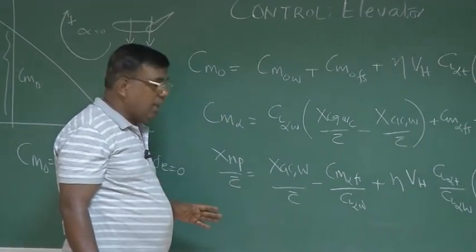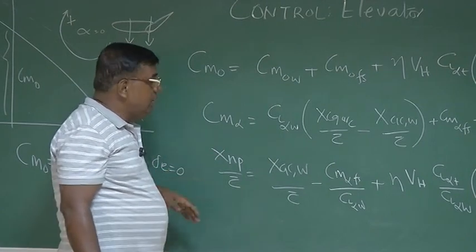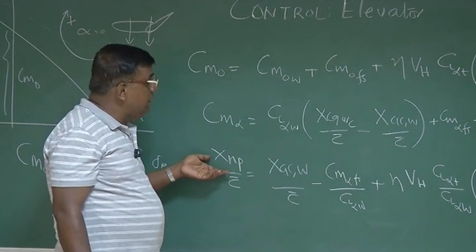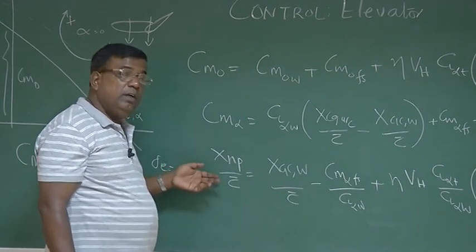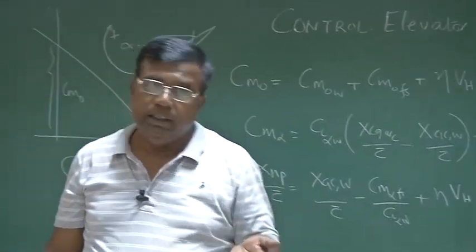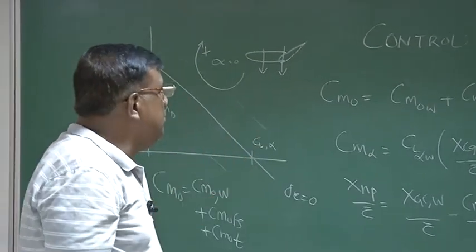my CG, or I can take CG backward. At that point, the aircraft will become neutrally stable, or at that point, Cm alpha will become 0. The message is, if we take CG beyond that, then it will become statically unstable. Okay? These are the three interpretations.